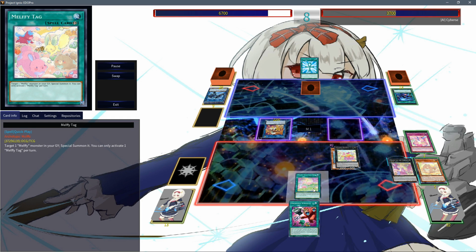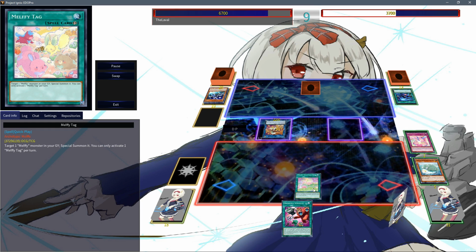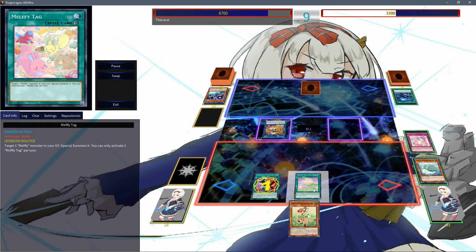I can safely let my board get wiped here, because I do have the Obedience Schooled in hand, summoning Pony, Catty, and a Cerberus, summoning Valerifawn, making Unicorn, making Joyous Melffys, swinging over that Honeybot. And with that, I use the